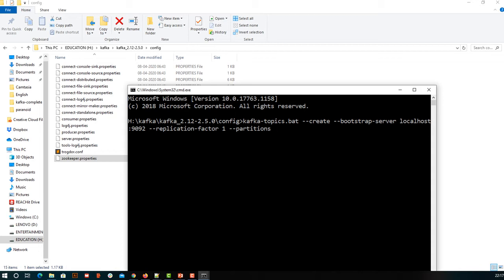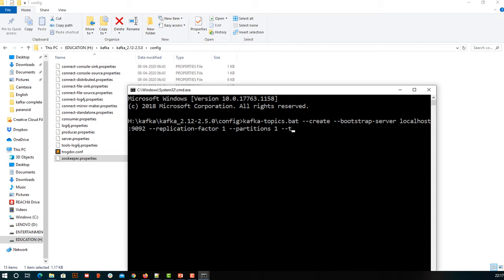So if you create 2 partitions, you can have 2 requests in flight on a single connection, and you can resolve that. But since I have only one broker, only one server, I am creating one. Even if you create 10 partitions, all 10 partitions will be assigned to the same broker, because as of now we have only one broker.